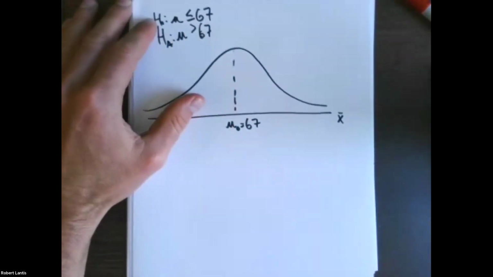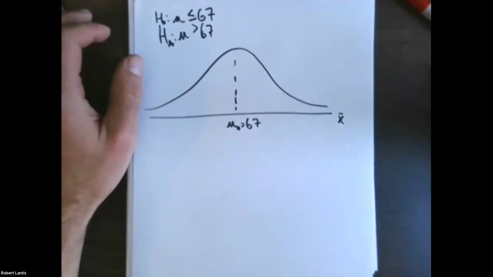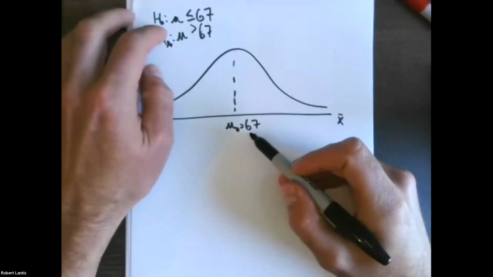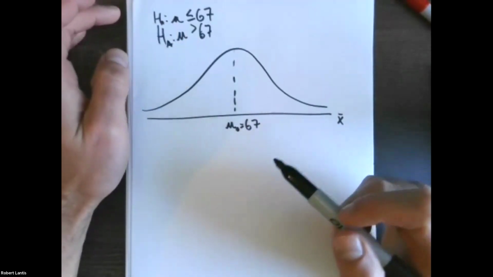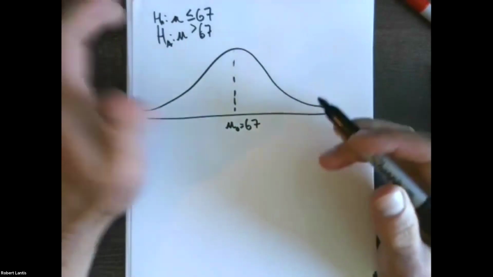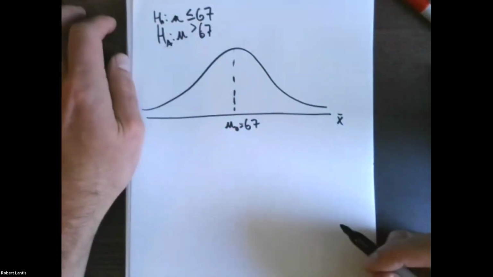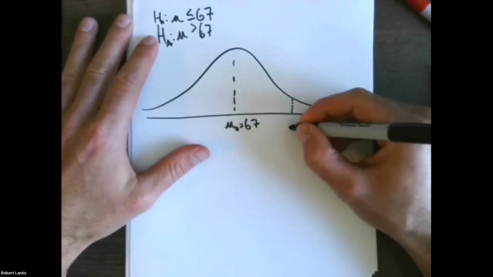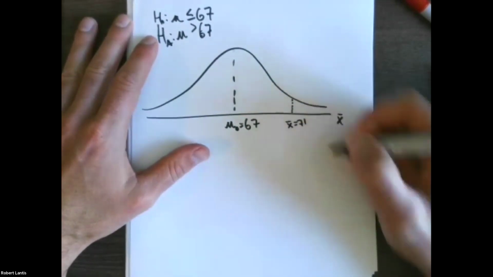So I'm assuming that the null is less than or equal to 67. Why then am I not using 66? Because that's a value in that range. So the idea here is if I use that cutoff value that I find in the null and alternative, any sample evidence I see that goes against that null,